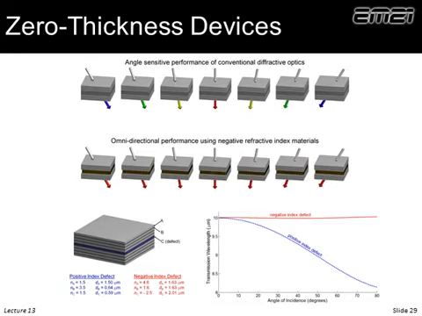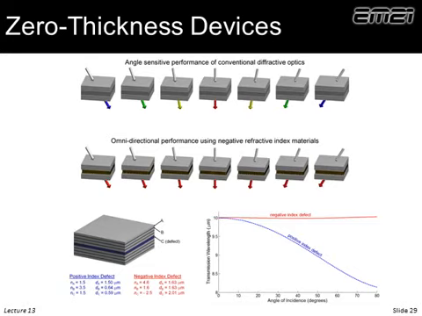So think about what the source of that problem is. We come in at an angle, the layers appear effectively thicker. So the layers are essentially changing size with angle of incidence, the effective size, if you will. Well, if we introduce something with a negative refractive index, with a negative thickness, those negative thicknesses can combine with positive thicknesses to give us overall a device with zero thickness. Well, if it has zero thickness, then it can't be sensitive to angle of incidence.